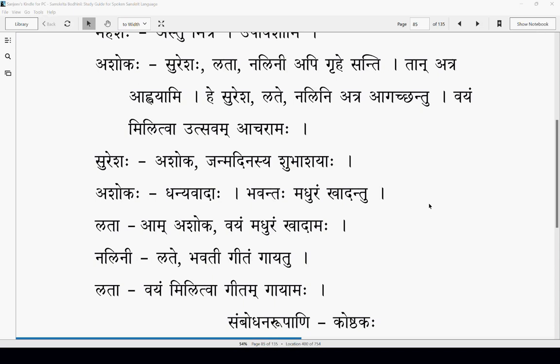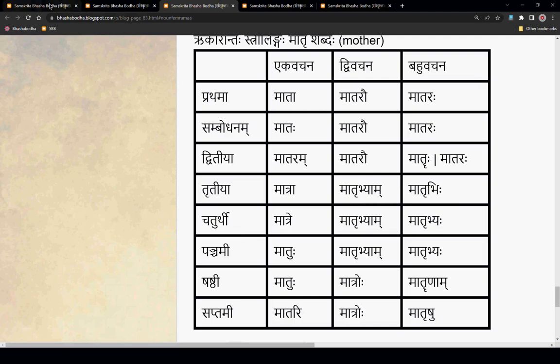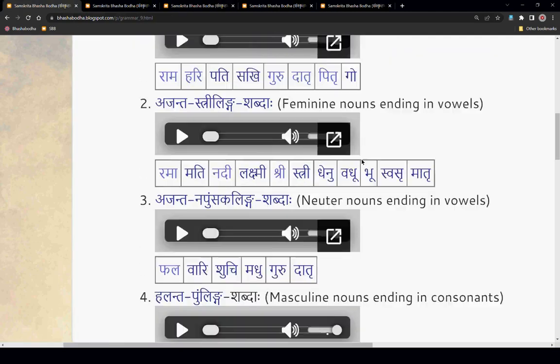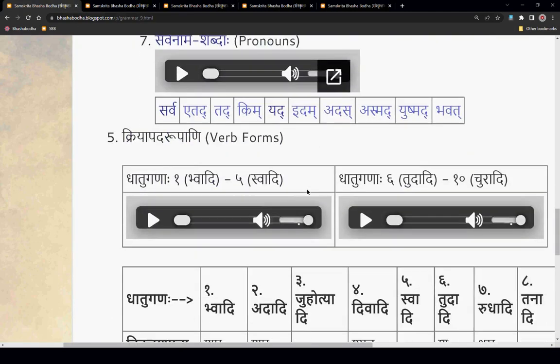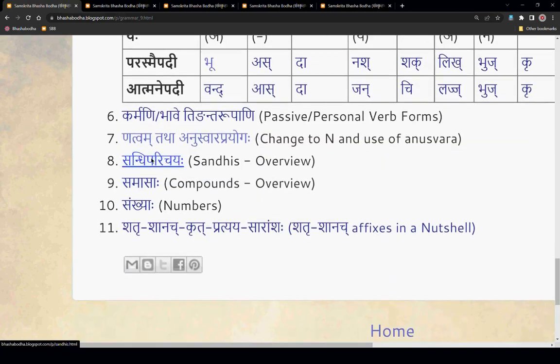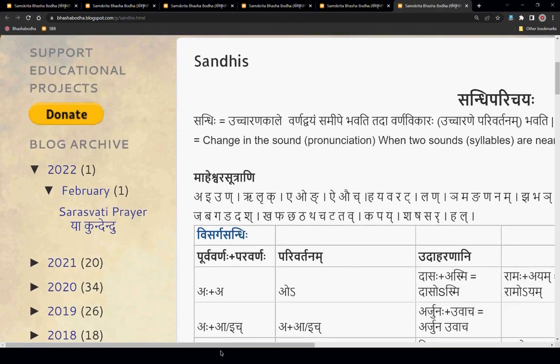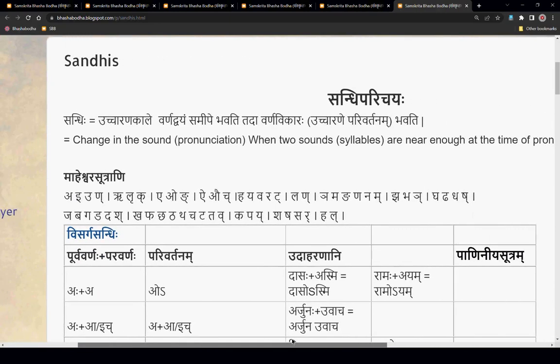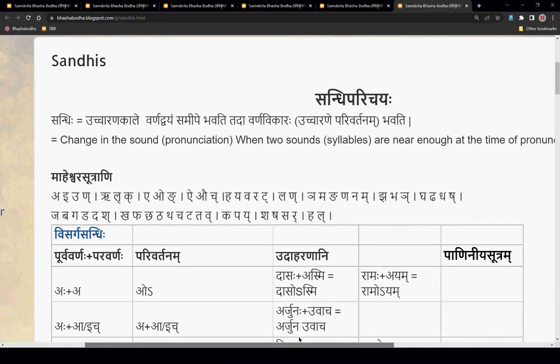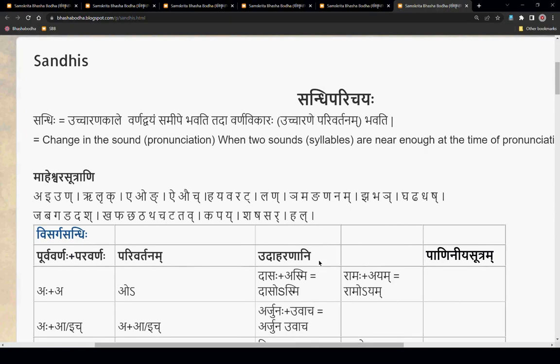So if you look at Panini's list of letters, where is the list of letters? I'll show you here. I also heard something like now la is only in Vedic, like Agnimile, Prohitam. Yeah. But rest of the places it is la.